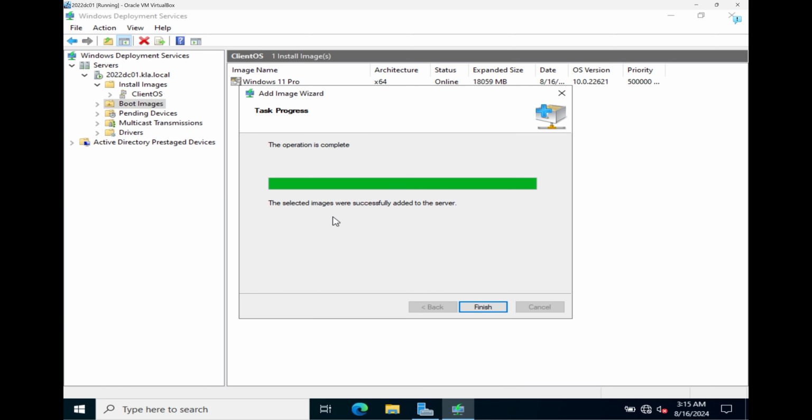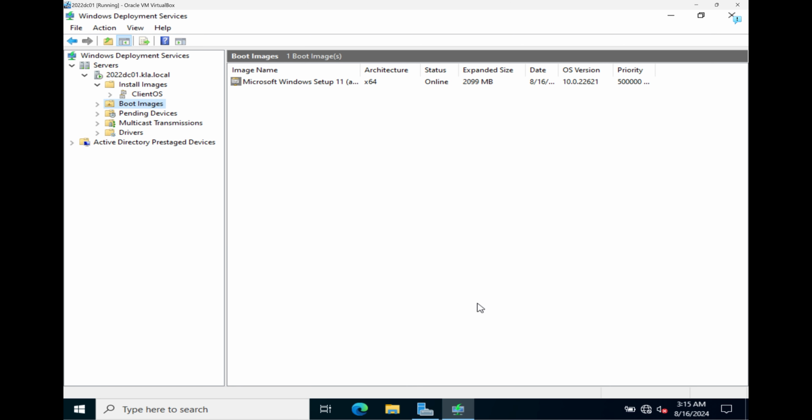So all right, we have successfully added the boot image of Windows 11. So I will click on Finish. So as far as what we need to do on the Windows Deployment Services server has been completed. So the next thing to do is to create a blank virtual machine and then boot from the network, and